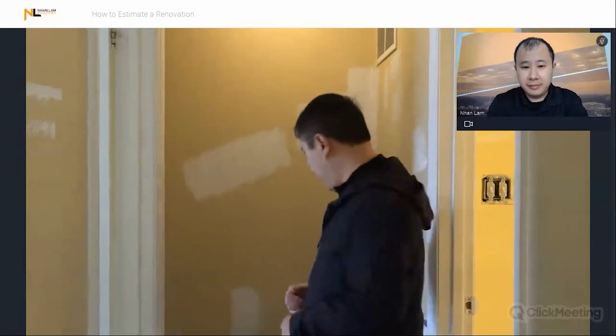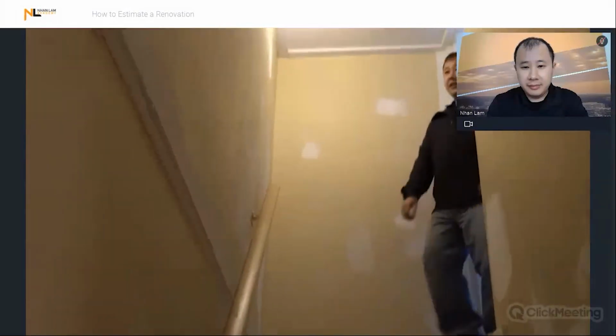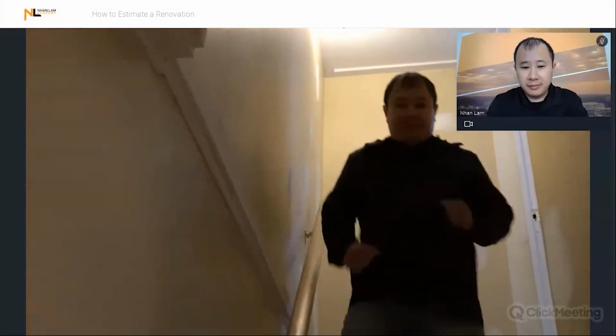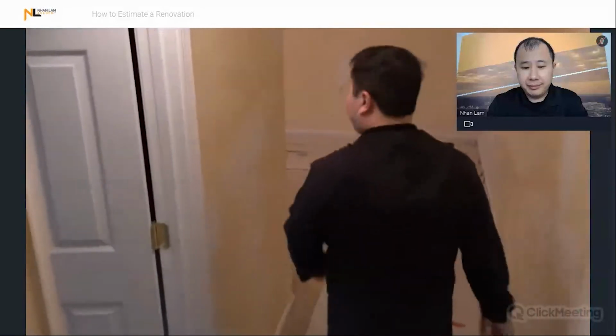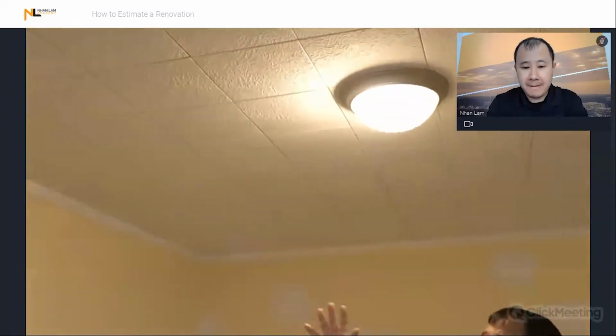Okay, so we're done with the top level now. We're gonna go downstairs to the basement to see what that looks like, okay? So come join me. Okay, so we're in the basement right now, and I noticed here that there's a couple of dome lights and also some drop tiles as well. Now, as a rental property,